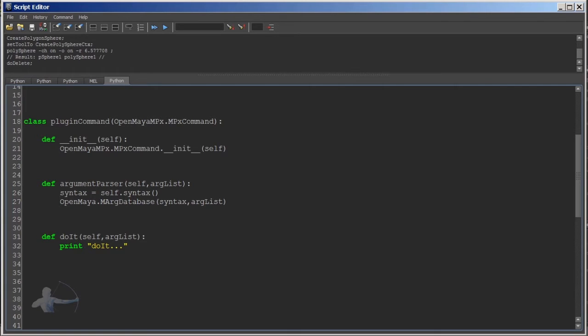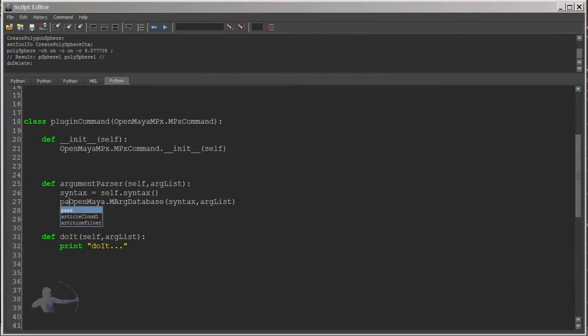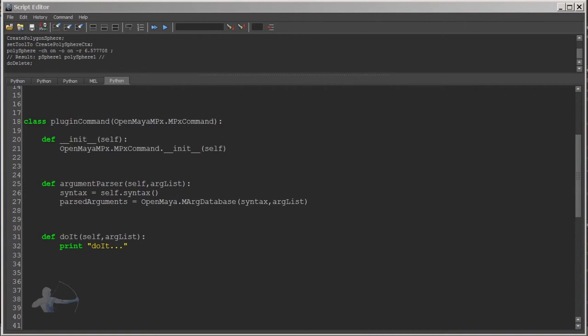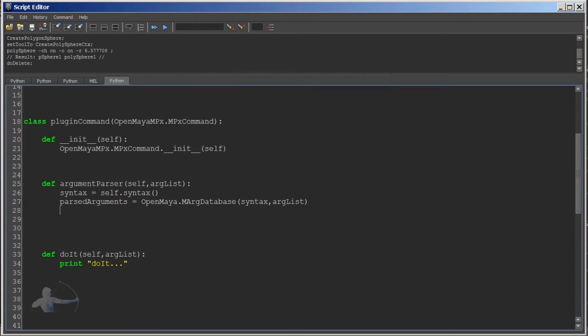And after creating this parser, we will store it in a variable which is parsedArgument. And using this, we can perform different operations based on the arguments passed for the flags. So first, I will check if parsedArgument dot isFlagSet. This would help us to check which flag is set. So first I would check if kSparse flag is set. If kSparse flag is set, then parsedArgument, I will just copy it because I would need it multiple times, parsedArgument dot flagArgumentDouble,